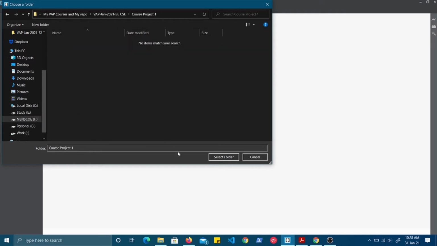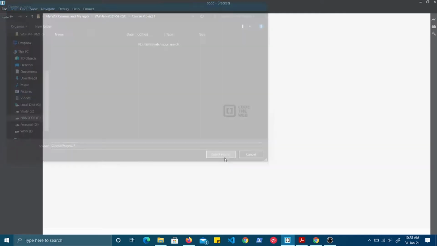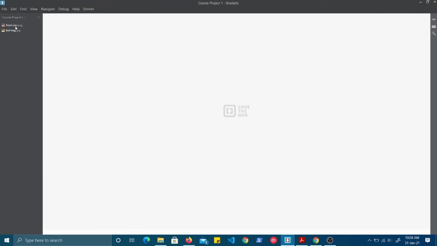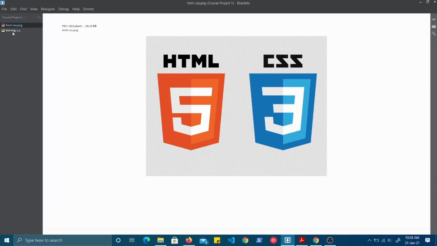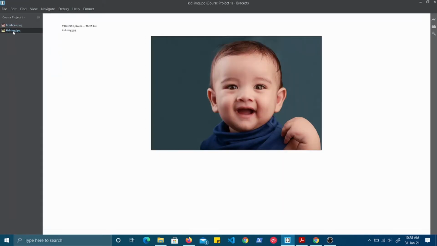I have created this folder, course project one, and here I have the HTML CSS image and the kids image. You can choose your own images, or I will be sharing these also, so you can use them, no issues.